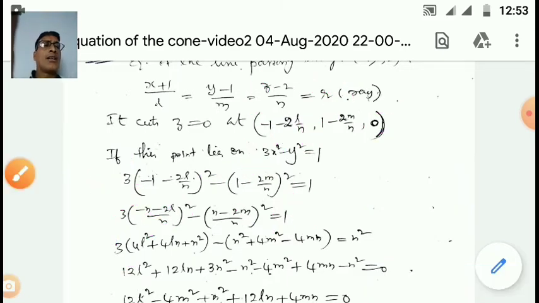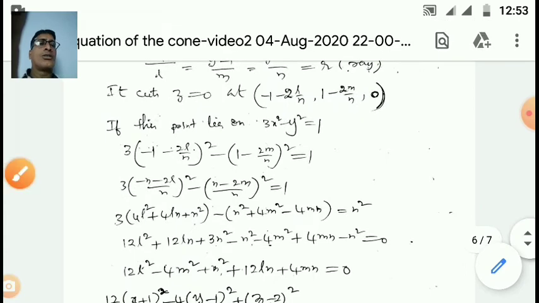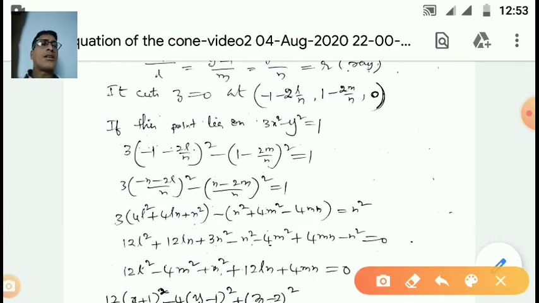In the similar way, y is equal to minus 1 minus 2m by n, and z is equal to 0. Therefore the coordinates of the point where generator meets the guiding curve are minus 1 minus 2L by n, 1 minus 2m by n, 0. So